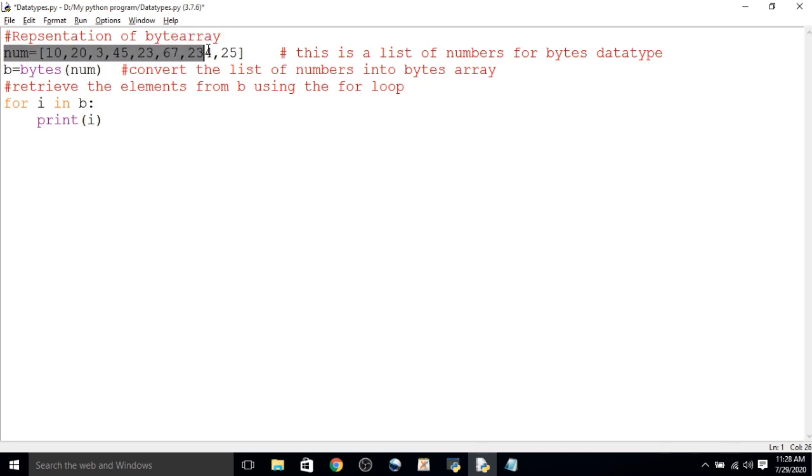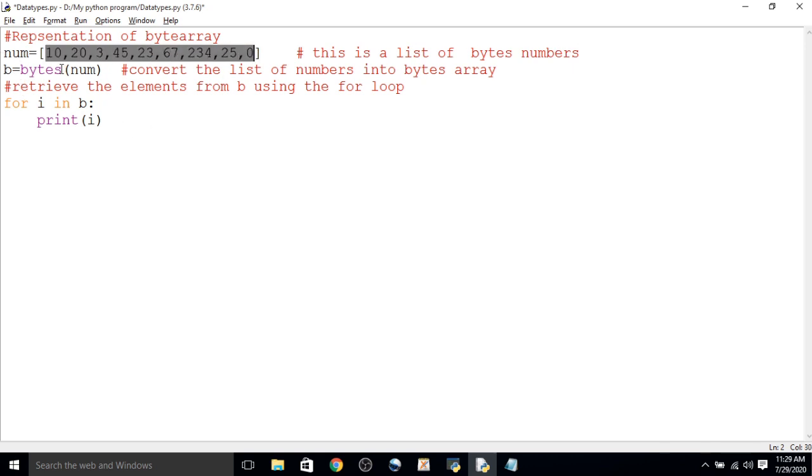So here we have taken a list of numbers, that is 10, 20, 3, 45, 23, 67, 234 and 25. Another number 0 also we can take here, because the range is from 0 to 255. So this is the list of byte numbers, because it is in the range of 0 to 255.